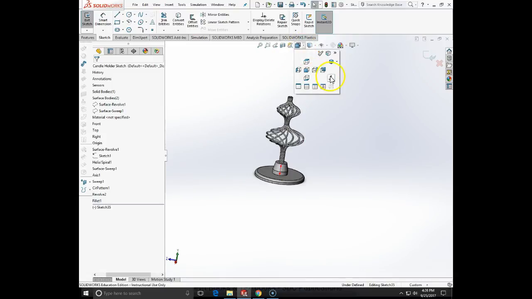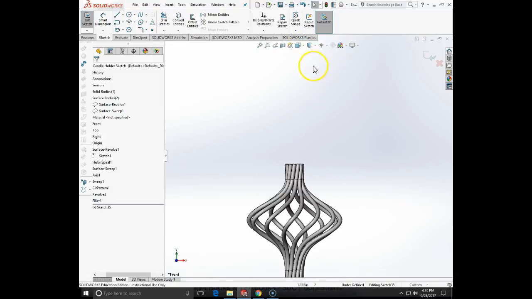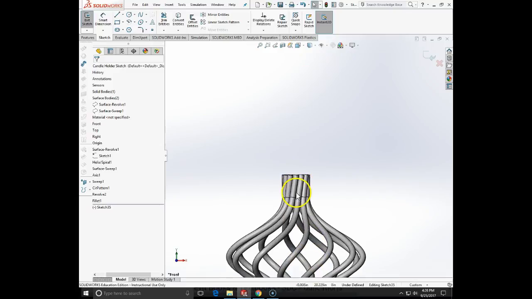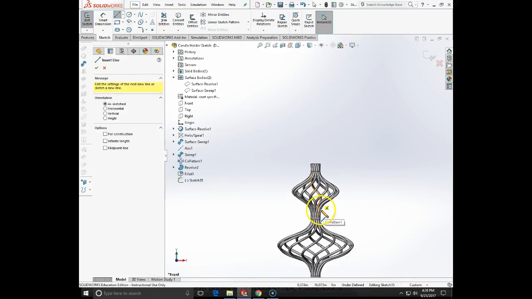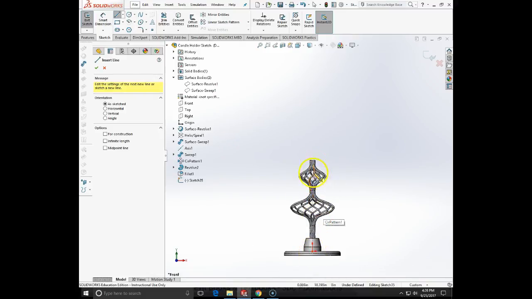Let's look straight into it. And we are going to make the vertical line to be coincidental with the